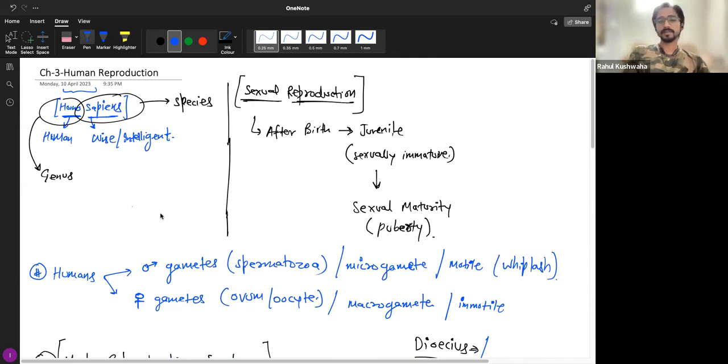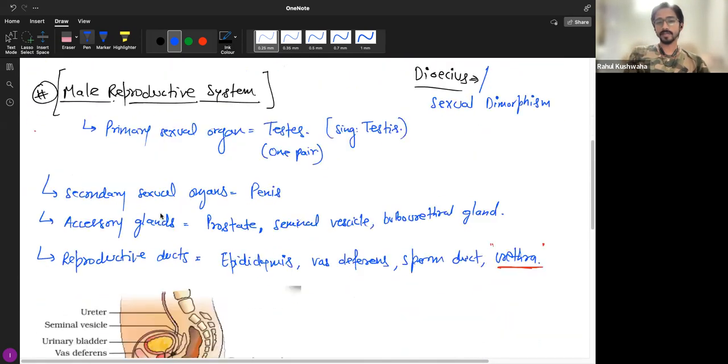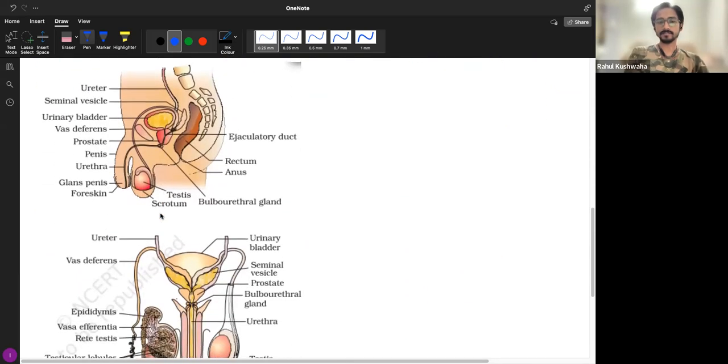So today I plan to cover two things. One is the male reproductive system. I've taken up the diagrams from your NCERT itself, so that we can discuss multiple aspects of this diagram. And second thing, before going to gametogenesis, we will try if we can talk about types of cell divisions. Okay, so about the male reproductive system, which we started with.